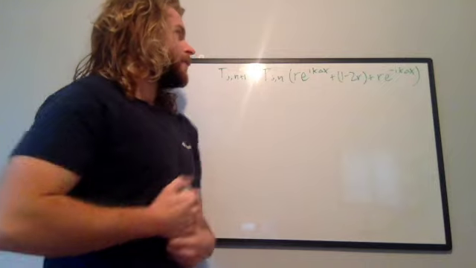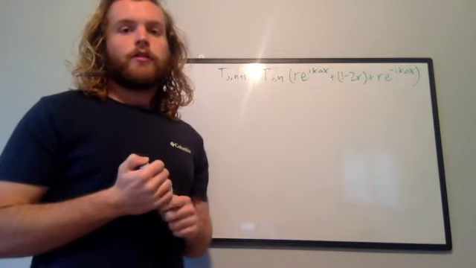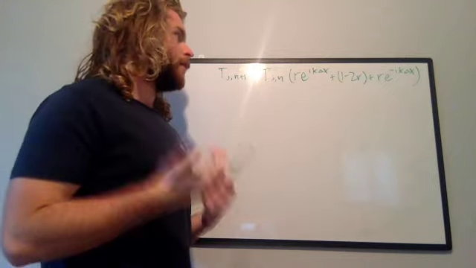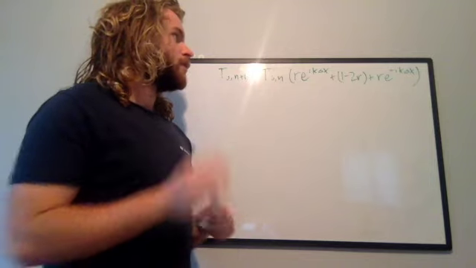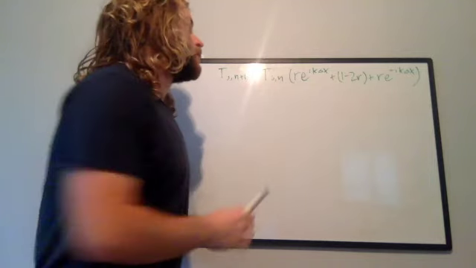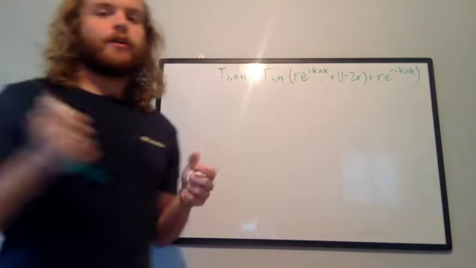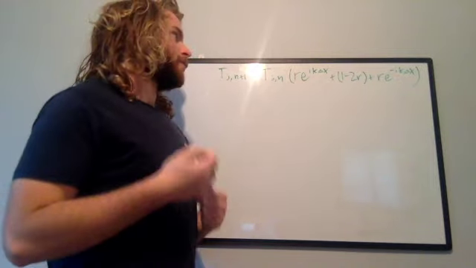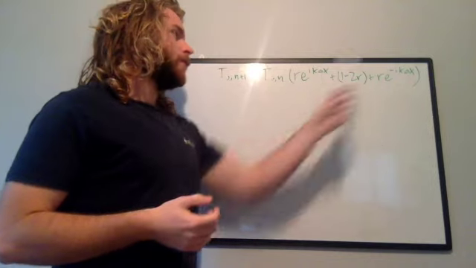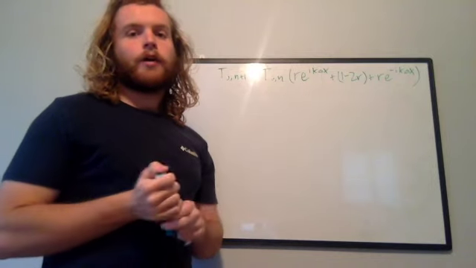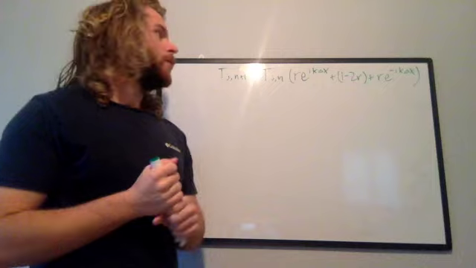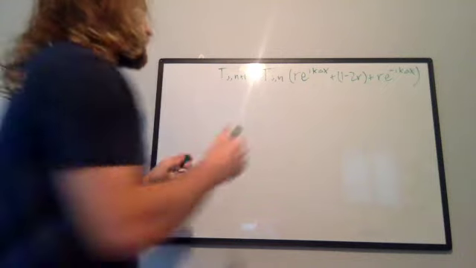So the next thing that we're going to want to do when trying to find the stability boundaries for our expression is we are going to need to do something with these imaginary numbers, right? Imaginaries are never good when you're trying to do some math, so we're going to have to find a way to get rid of those. And in order to do that, we're going to bring in Euler's formula, which is pretty simple. All that is really saying is that